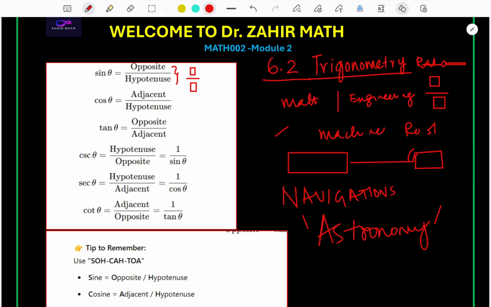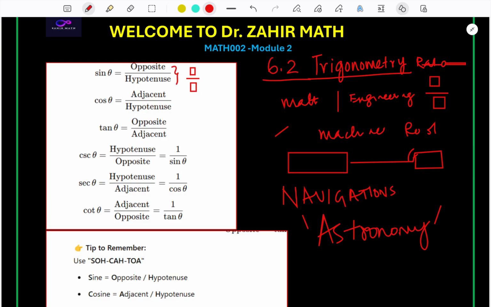Trigonometry is everywhere you are using trigonometry. As you are sitting in the chair, we need an angle. As you are writing using the pen and the paper, it needs an angle. So everywhere we need an angle. So trigonometry is everywhere. In this video, we will learn the basic formulas that engineers and scientists use every